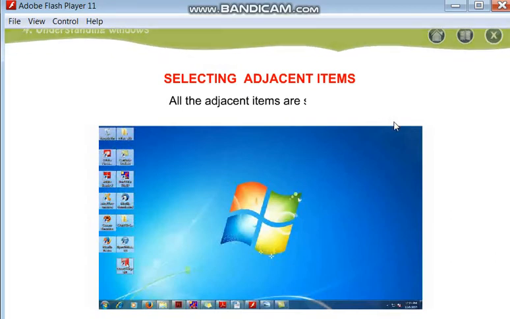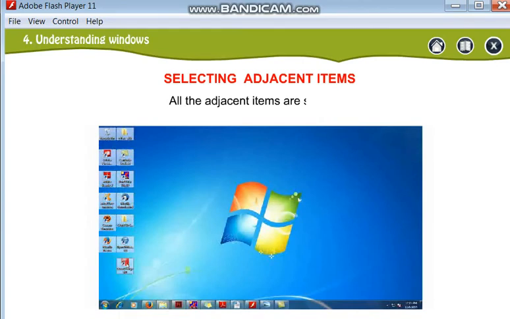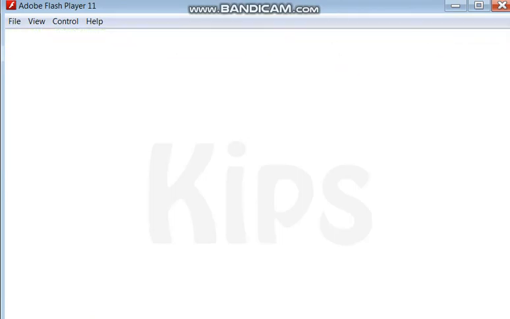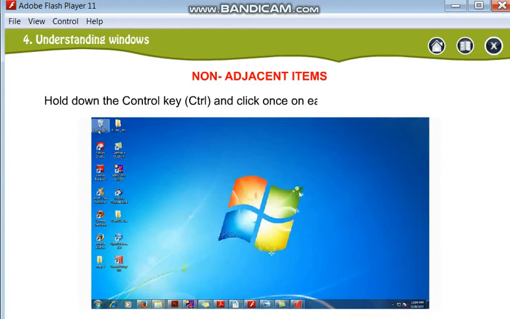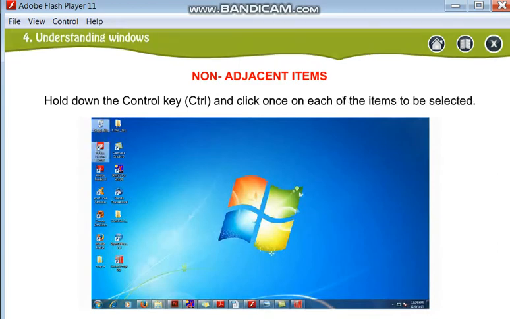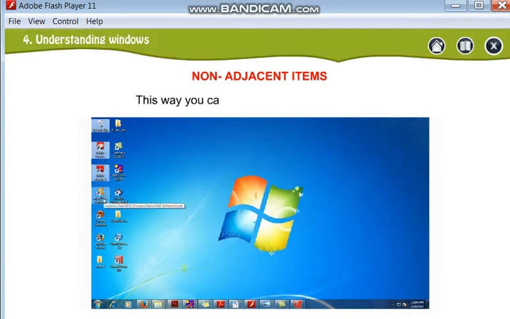For adjacent items we have used the shift key. For non-adjacent items we will use the control key. To select non-adjacent items, hold down the control key and click once on each item to be selected. Keep the control key pressed and click the second, third, fourth and so on.